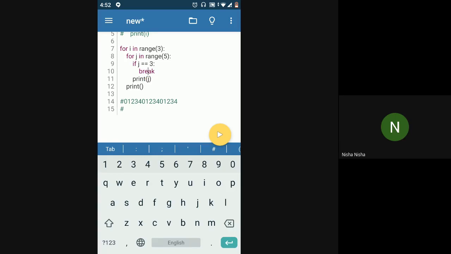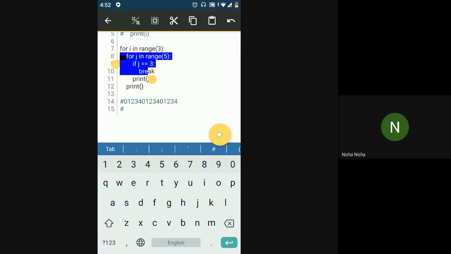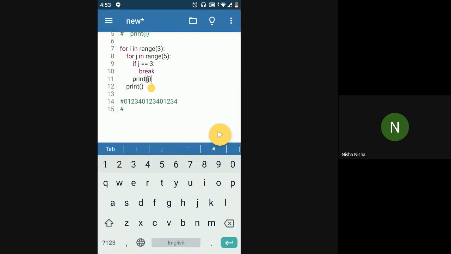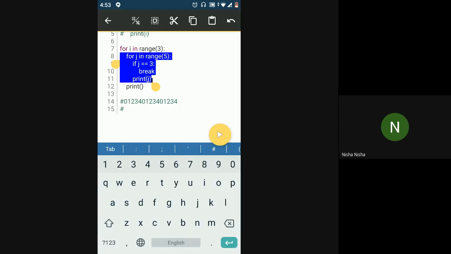So this is what I wanted to explain. This break statement will only be applicable for the inner for loop. It will not be applicable for the outer for loop. Now let's just consider what it will print once. The same thing that it prints once is what it is going to print thrice, because of the outer loop. So we'll see what it prints the first time.